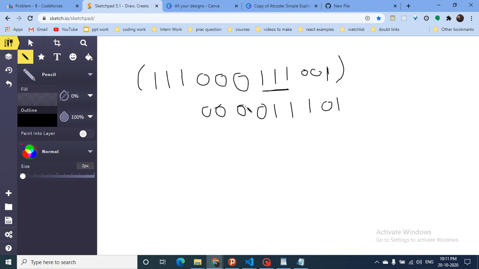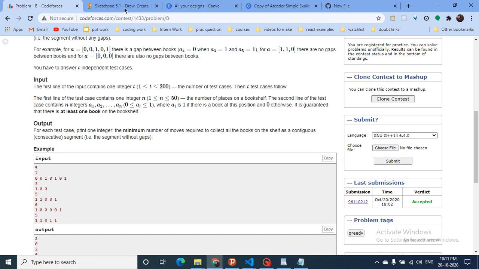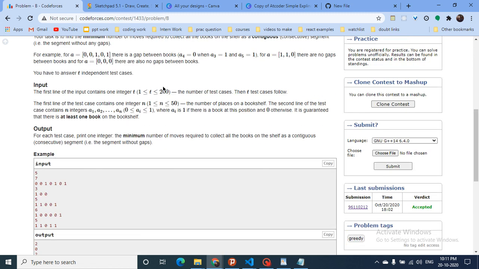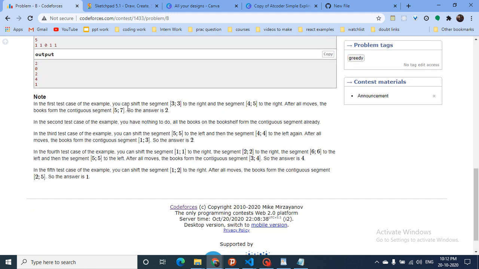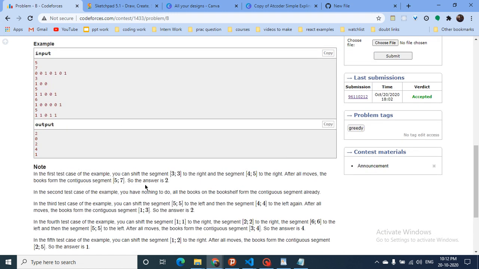Now first I thought, okay, bring all the left books to the middle and all the right books to the middle, but that would be very difficult to implement. But then the second thing I see here is how the question statement is explaining it. It states that you first shift the segment 3, 3, which is this third book, to position 3, 4, and then shift this whole. When you shift the third book, it comes to the fourth position. So now you take the fourth and fifth position both and shift them to the next position.